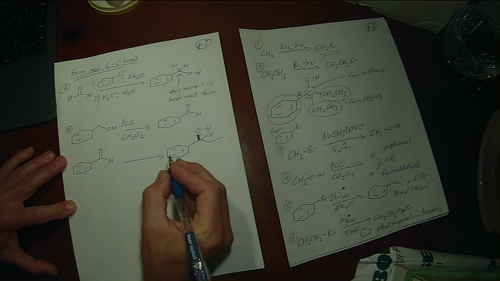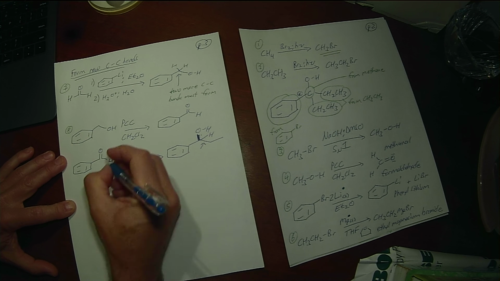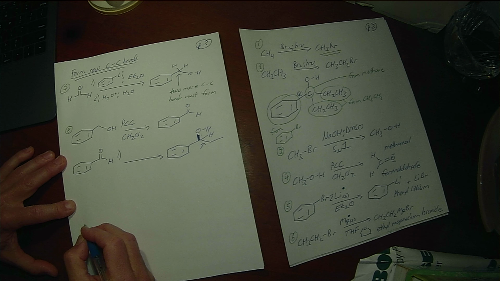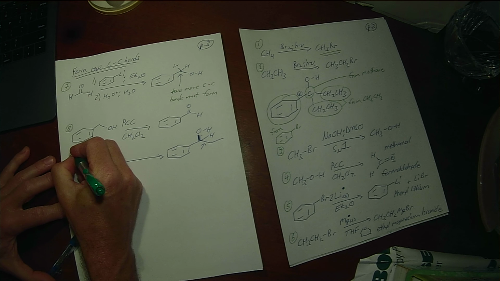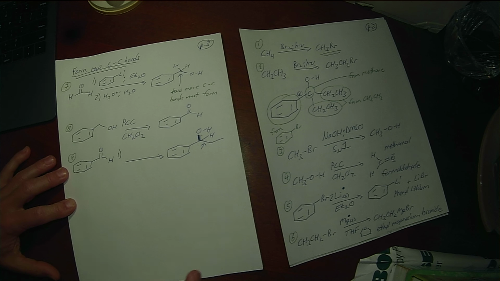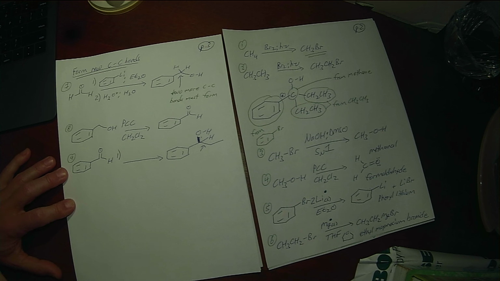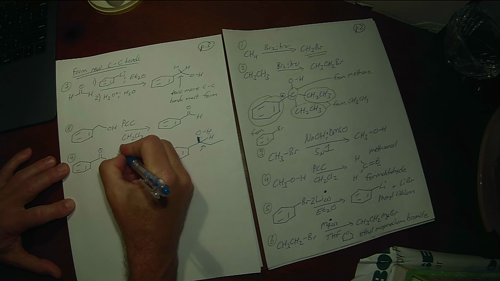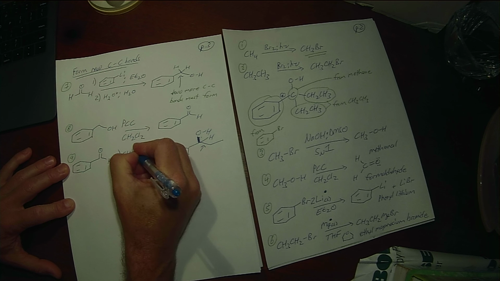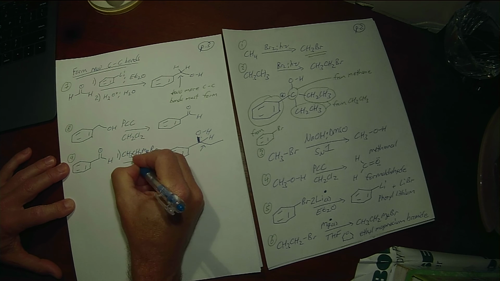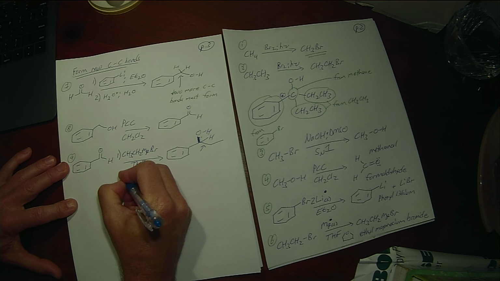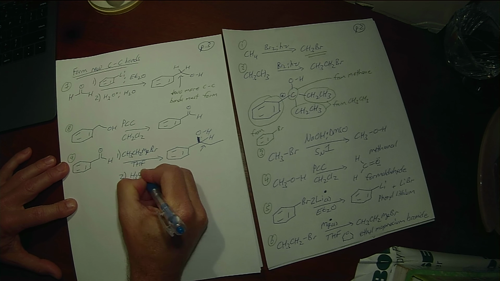So how do we form that new carbon-carbon bond here? What are we going to add? Organometallic. Which organometallic? The one with the MgBr. Yep. Right? I arbitrarily made the ethyl group into the magnesium bromide derivative. So THF solvent and then aqueous acid workup.